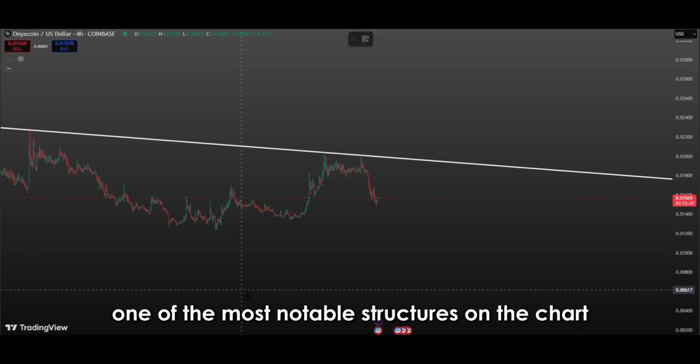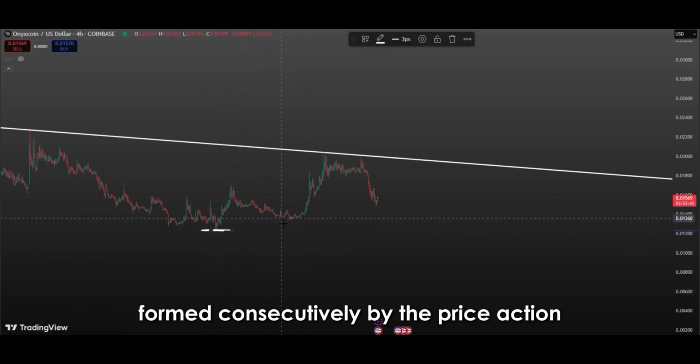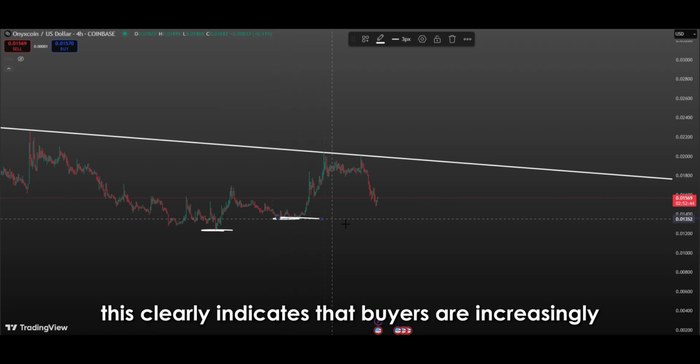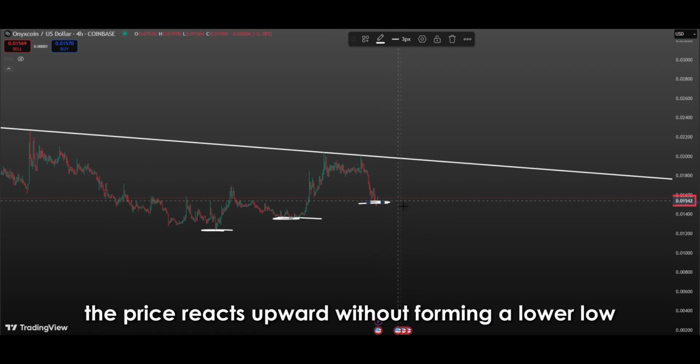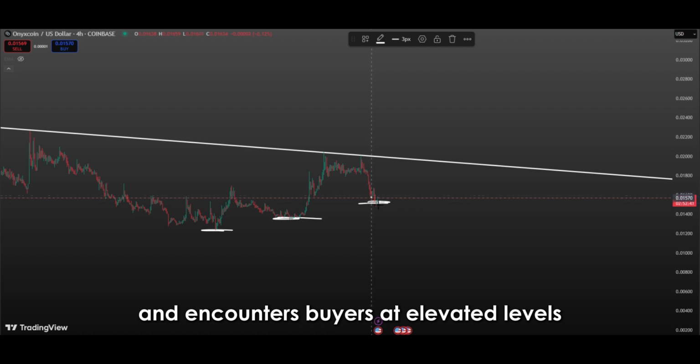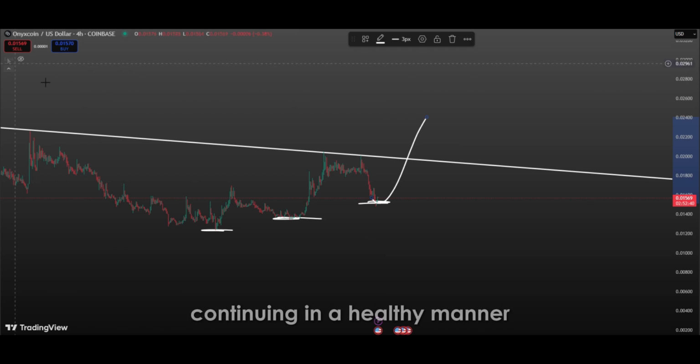One of the most notable structures on the chart is the series of higher lows formed consecutively by the price action. This clearly indicates that buyers are increasingly stepping in at higher levels. With each pullback, the price reacts upward without forming a lower low and encounters buyers at elevated levels. Such formations are considered a positive signal in technical analysis and indicate that the uptrend is continuing in a healthy